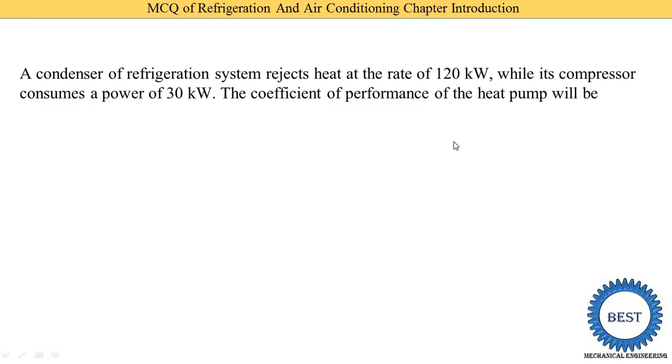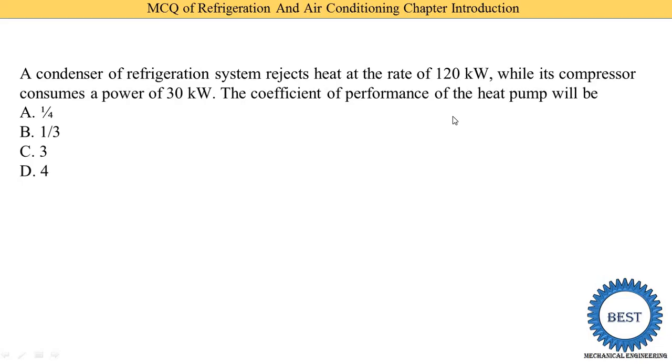Here I changed the question. In a real MCQ, in a lot of books, they write to find the coefficient of performance of the system. Now which system? It is a heat pump or a refrigerator. If this question is asked for a refrigerator, the answer is different. If it is asked for a heat pump, the answer is different. But in the book, they only write "the system," so it is difficult to predict the answer. A is 1 by 4, B is 1 by 3, C is 3 and D is 4.